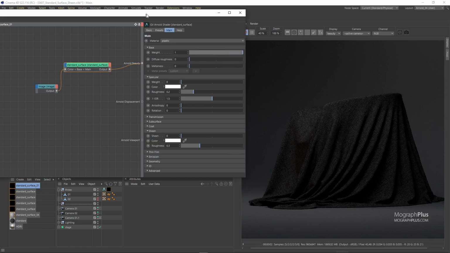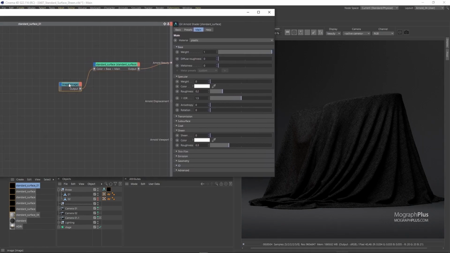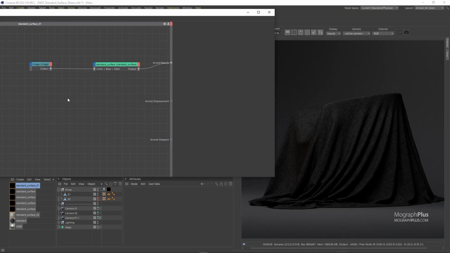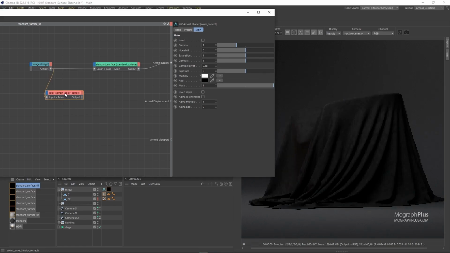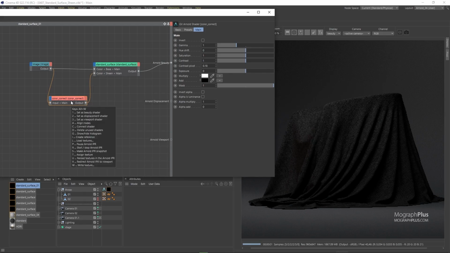We want to use the same image for the sheen color as well, but we want it to be brighter compared to the base color texture. So connect the map to an Arnold color correct node. Now connect the color correct node to the sheen color input of the standard surface shader. I'm going to increase the gamma to 3 in the color correct node so we get a quite brighter version